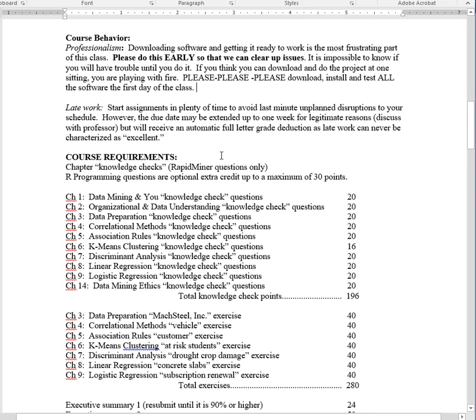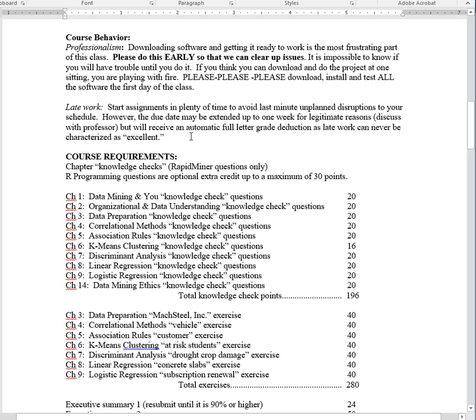Late work: in this class you can work ahead, so I don't limit what you can see in individual weeks and prevent you from working on next week's assignment. I would encourage you to work ahead because we all know that life kicks us in the knees from time to time and you never know when it's going to come. So please work ahead so that you've got a little contingency space for when you get hit in the knees.